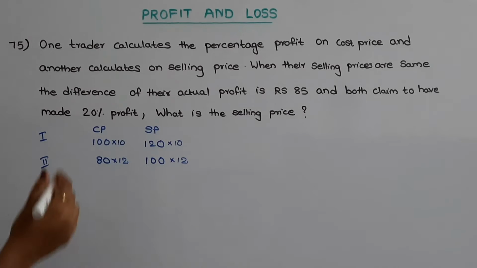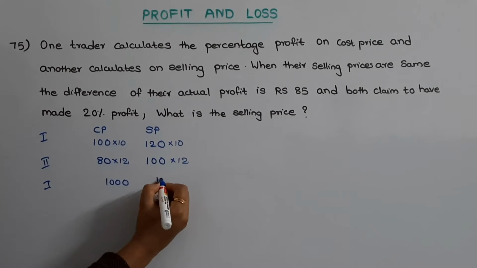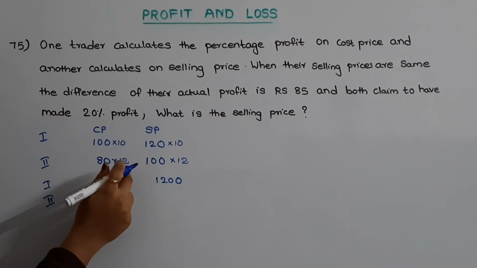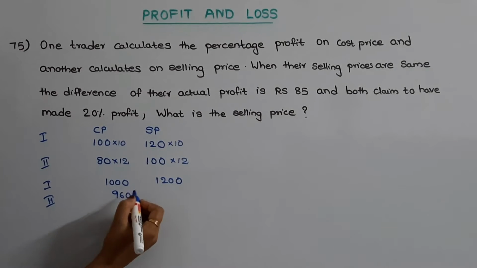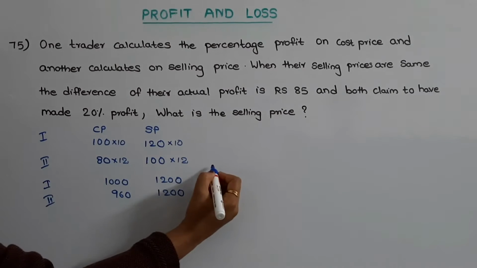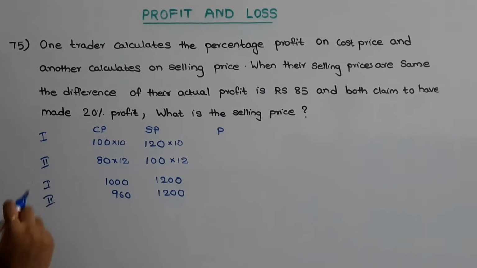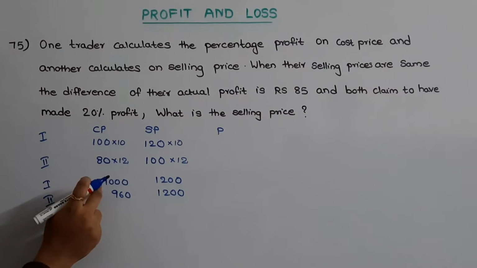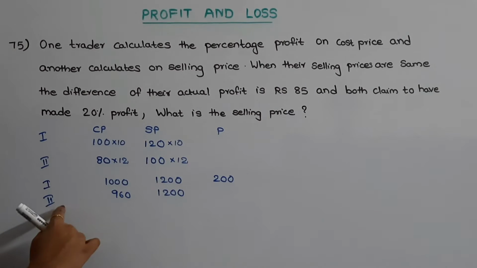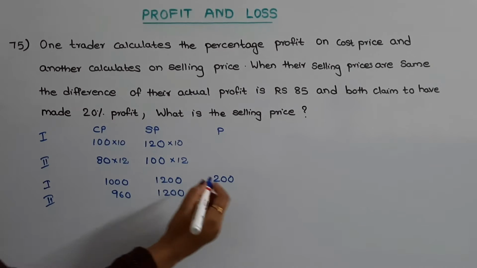What is the cost price for the first trader? That is 1000, and selling price is 1200. For the second trader, cost price is 80 into 12, that is 960, and his selling price is 1200. Then the profit for the first trader will be selling price minus cost price, that is 1200 minus 1000, equal to 200. The profit for the second trader will be 1200 minus 960, that will be equal to